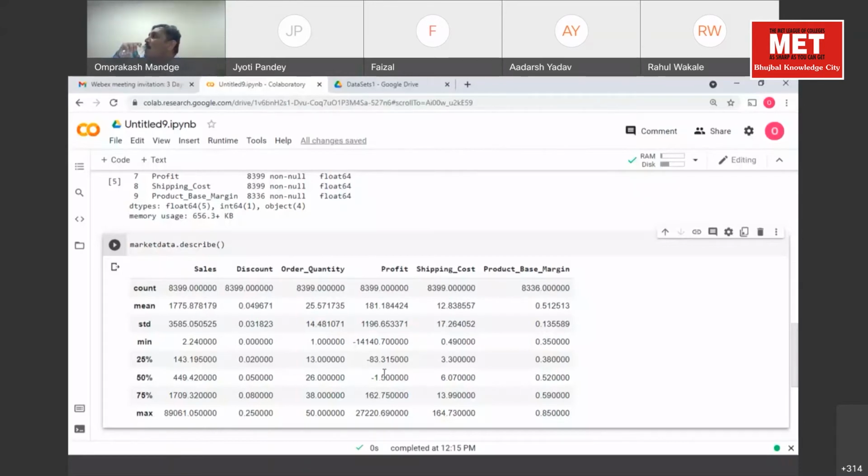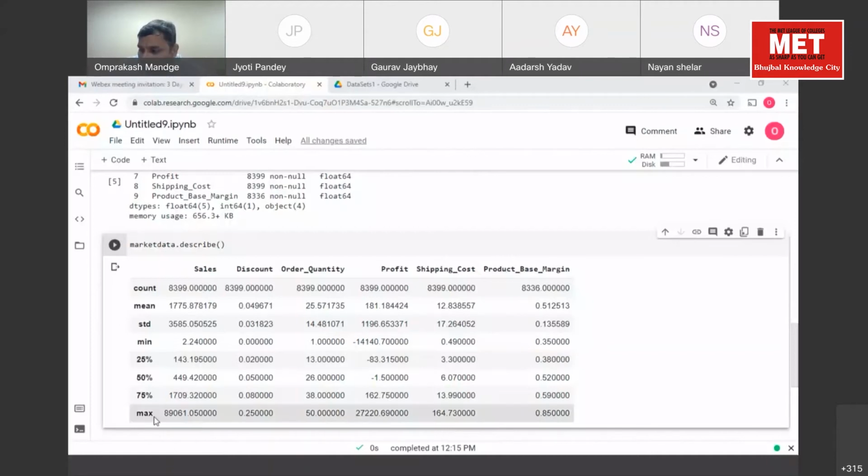The columns which had object type are not displayed, whereas the columns which have int and float are displayed. That is, only numeric values' statistics are shown to us.